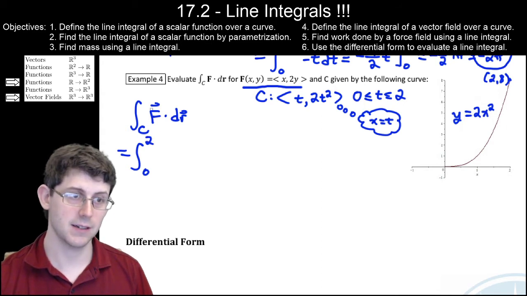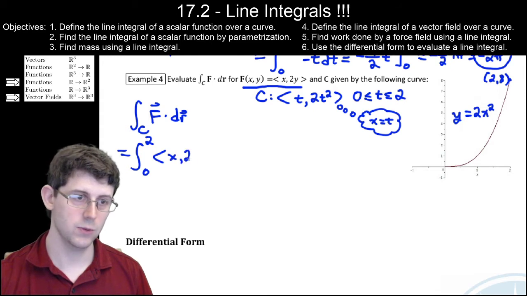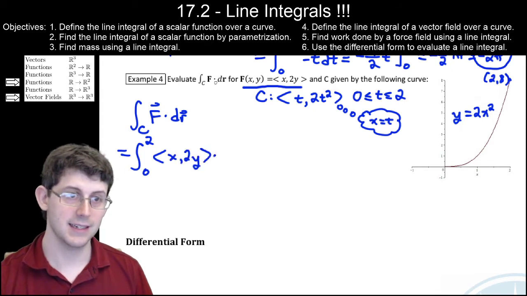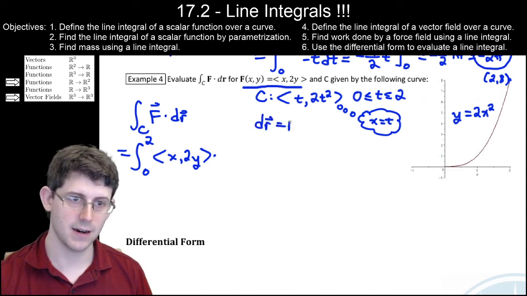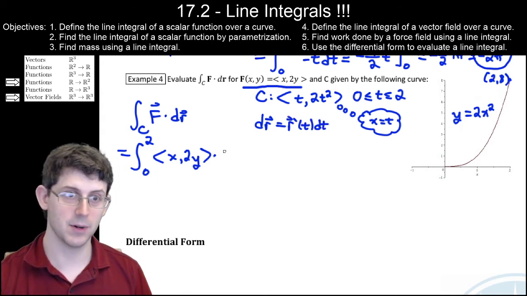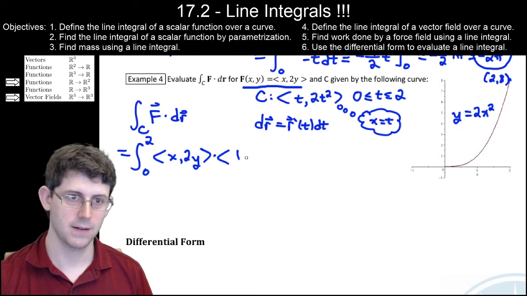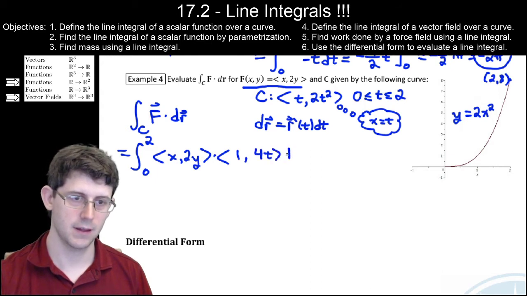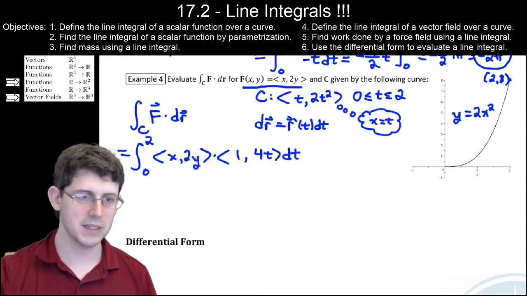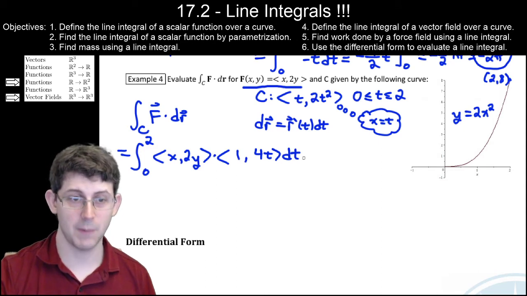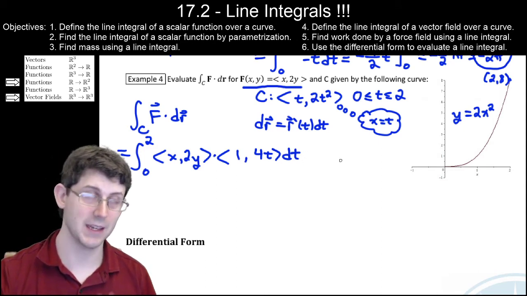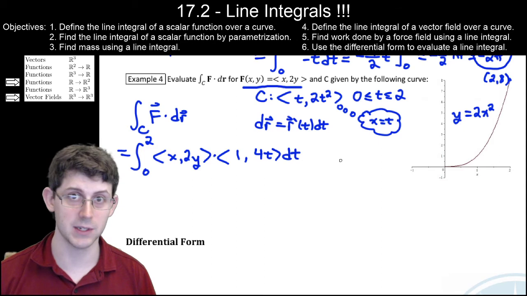My force vector was x, y. And dr is r prime of t dt. So the derivative of my parameterization, dt. It wouldn't be smart to do this dot product yet because I'm hoping to get everything in terms of t. And this is the place where students get stuck the most, where like,